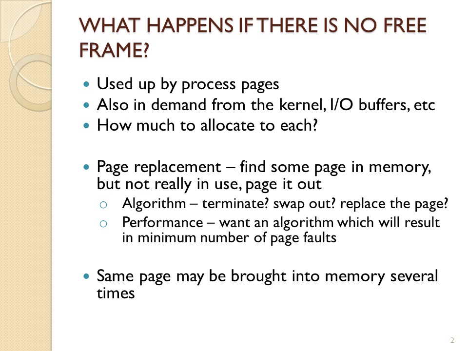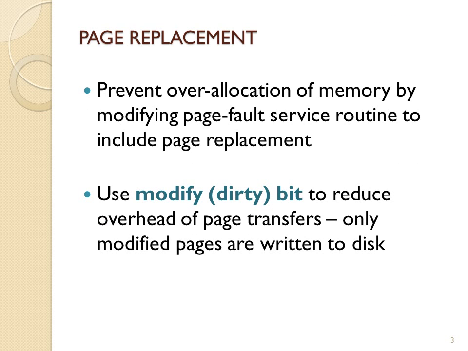So what happens if there is no free frame? We have to select a victim page that needs to be replaced, and there are different techniques that can be used to do that. The first technique is local page replacement, which means you select from your own pages, or global page replacement, which means you select from pages that belong to other processes. Another thing you need to take into consideration when selecting a victim page is whether or